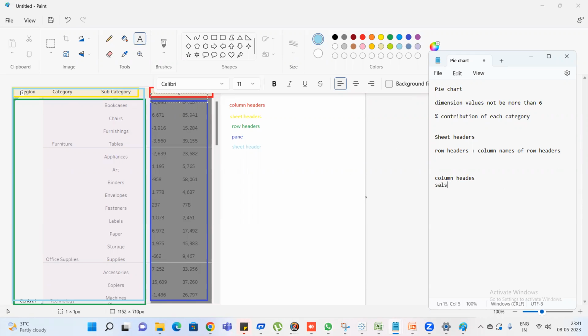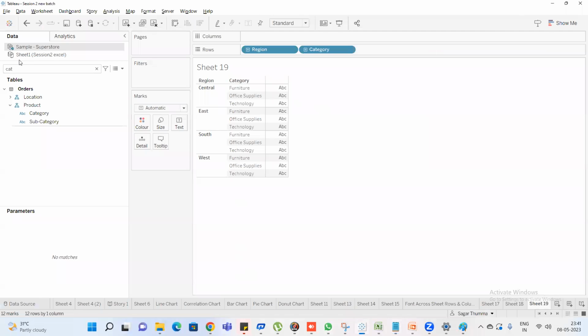Yeah, sales and profit. Measures, you can say. Measure names, yeah. So only these two you can call as column headers. Other than that, sheet headers only. In that, you can see row headers separately. So that's about